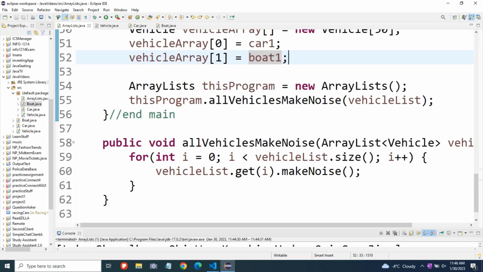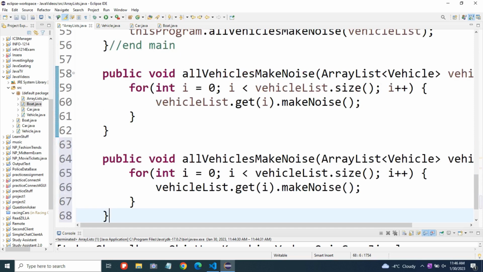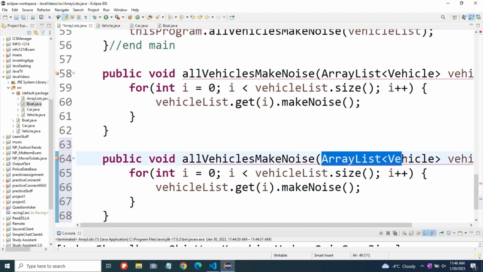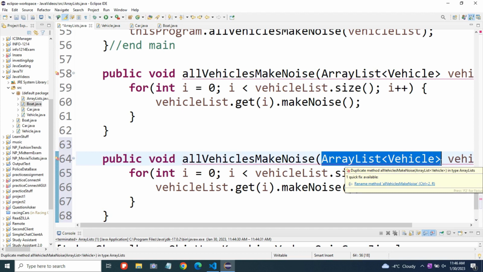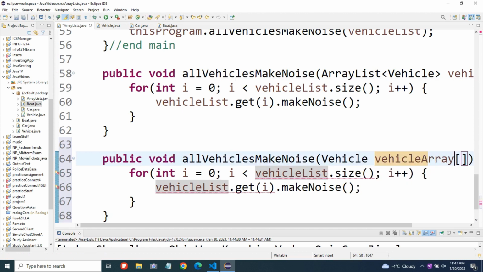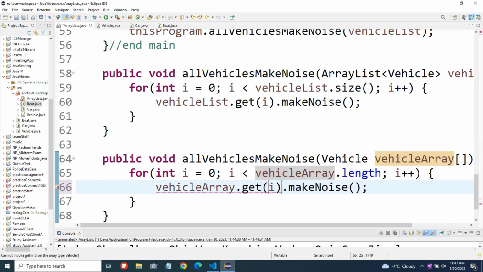And we can pass this array to the original method that we made, so we're just going to overload that method and make a version of it that takes in an array of vehicles. And then inside of the method, we can just change size to length. And of course, vehicleList to vehicleArray. And with an array, we won't have to use get. We can just say vehicleArray[i]